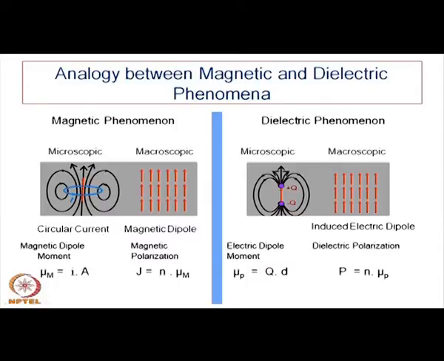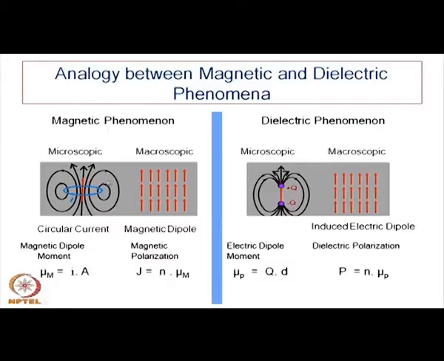Because magnetism is basically a result of some electrical current flow, or in the form of a solenoid and so on. So, whenever there is an electric current flow or movement of charge in a continuous manner, we will have some magnetic field generated, and that is the reason